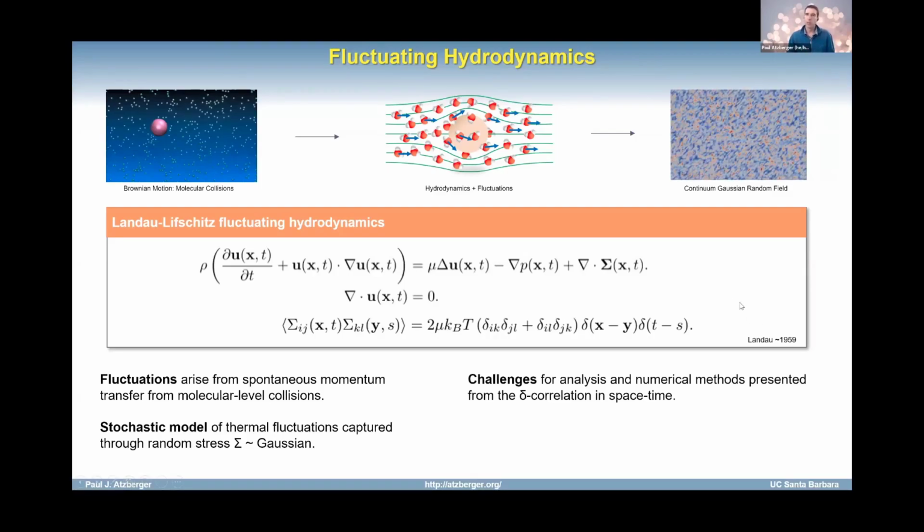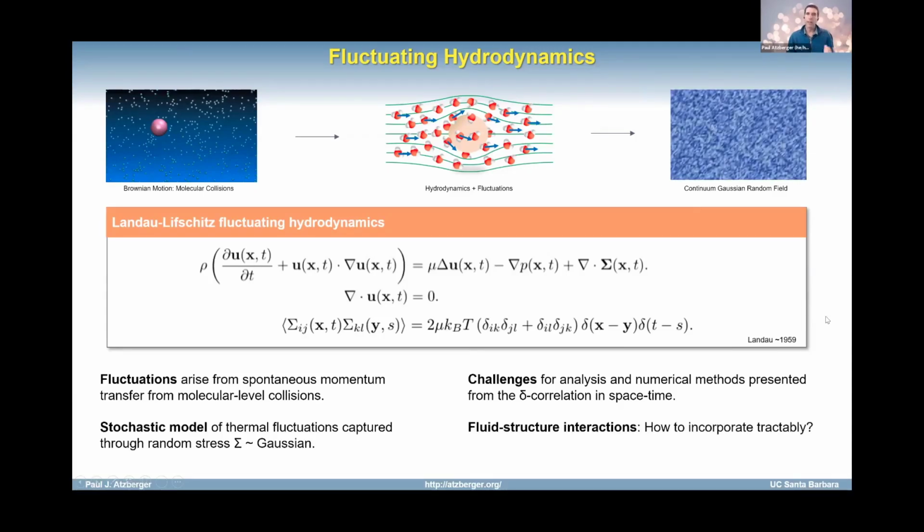And I'll discuss a little bit about how we're going to deal with that, essentially by introducing new types of stochastic forcing terms that take into account some of the numerical artifacts that come up in your particular discretization scheme. Effectively, it'll be a way of regularizing the system, but in a principled way so that we can preserve certain types of statistical mechanical structures. Okay, and then the delta correlation in time causes the usual kinds of challenges for time integration schemes that you see when dealing with stochastic differential equations.